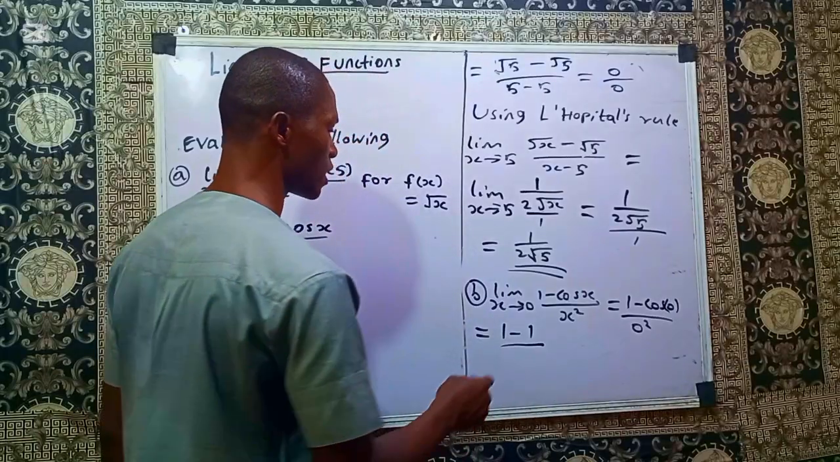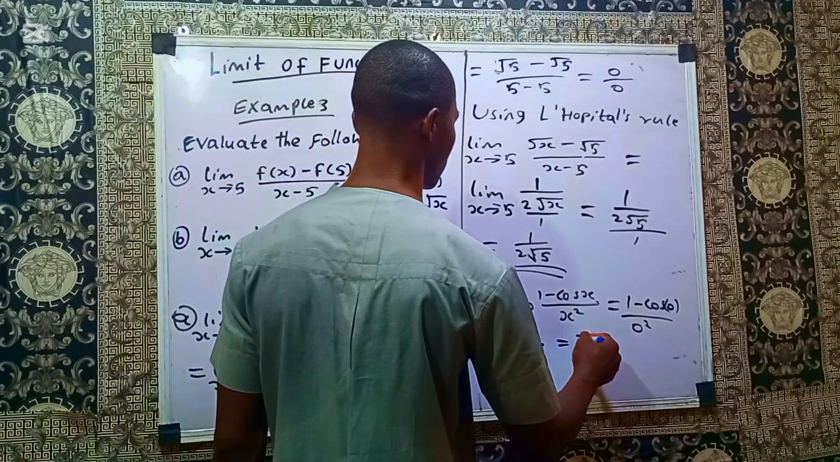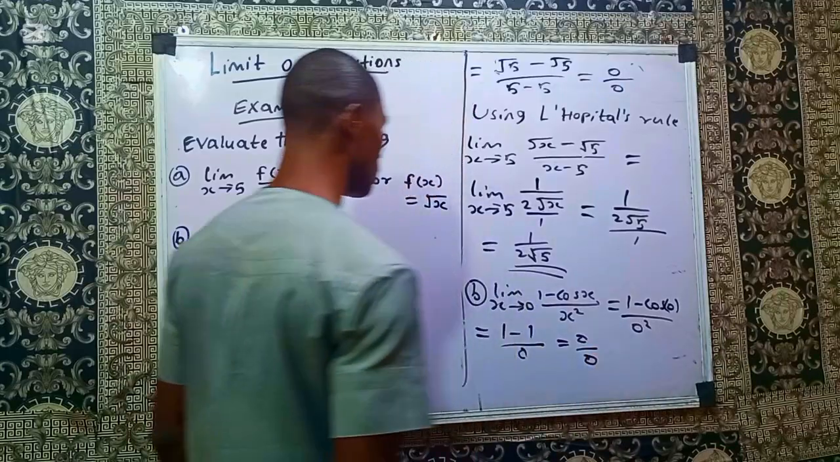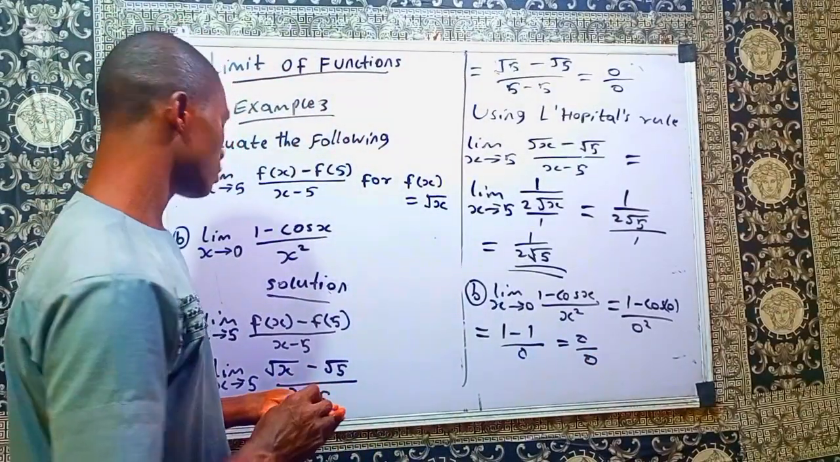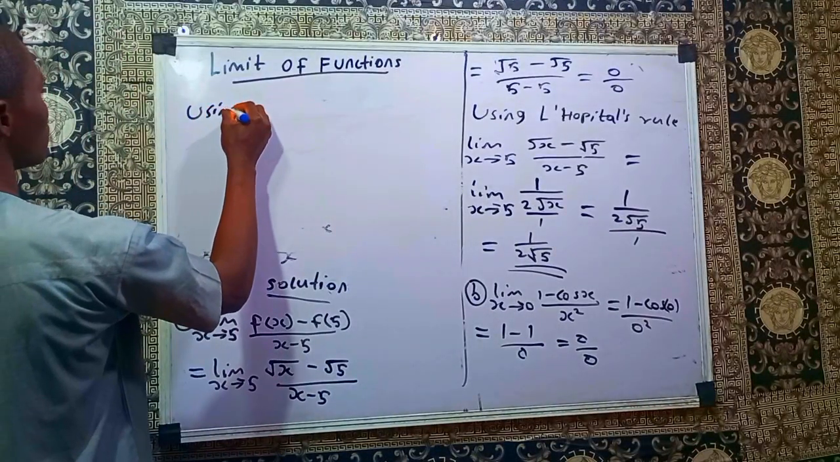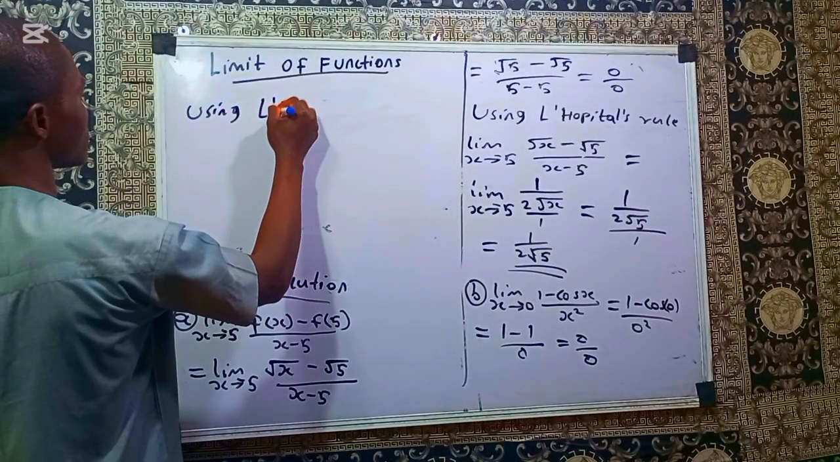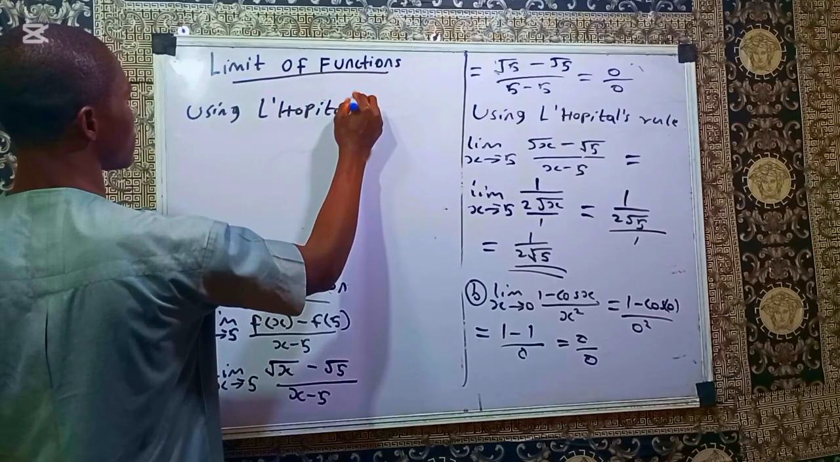I have 1 minus 1. Then 0 squared is 0. So 1 minus 1 is 0. We have 0 over 0. We use L'Hospital's rule to resolve it. So making use of L'Hospital's rule,